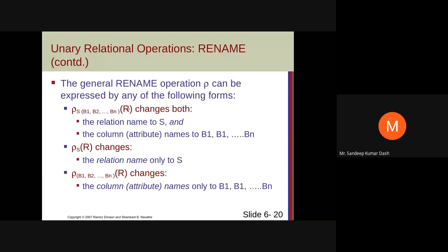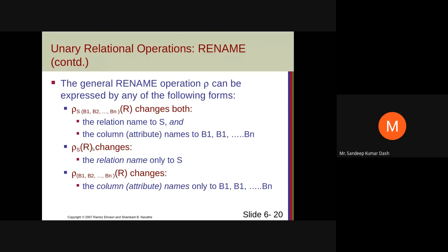Suppose there are 10 attributes in R, you have to write B1, B2, B3, B4 up to B10. That means the relation is now termed as S with the attribute names B1 to B10.